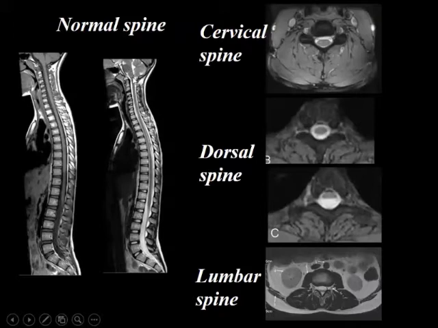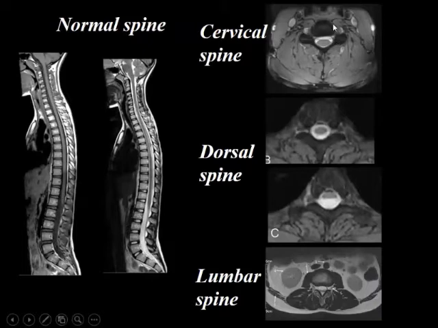You have the medulla here, then you have the cervical cord. And this protruding structure above the medulla is the pons. Above that, you have the midbrain. So you can look at the pons, you can look at the medulla, the cervical cord, dorsal, and you can look at where the cord ends very well. That is the region of the conus, and then you have the cauda equina going down. So this midline gives you most of the information whenever you're dealing with, it could be a Chiari 1 malformation, Chiari 2 malformation. The sagittal sequence is extremely important because it gives you most of the information.